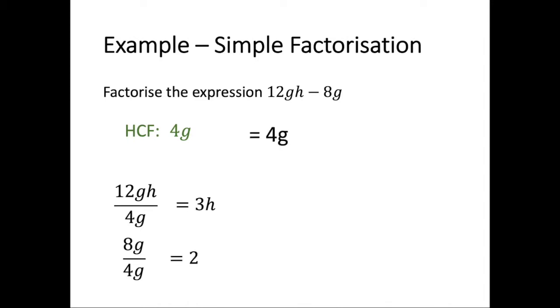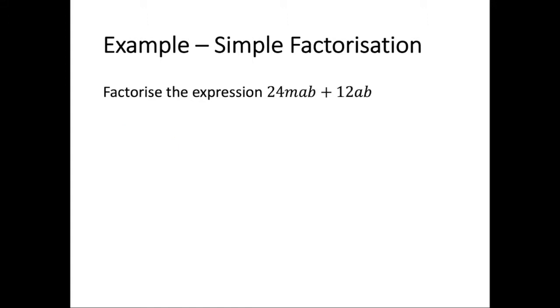So when I write my factorized answer, the highest common factor of 4g is going to be on the outside of my brackets, and on the inside of my bracket is going to be 3h minus 2. So the factorized answer for 12gh minus 8g is equal to 4g and then 3h minus 2 inside of the brackets. So in the last example, I want to factorize the expression